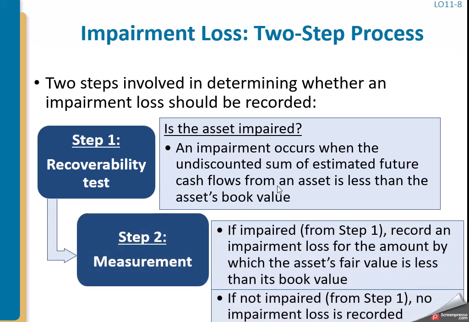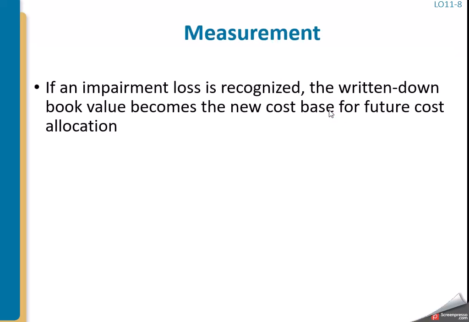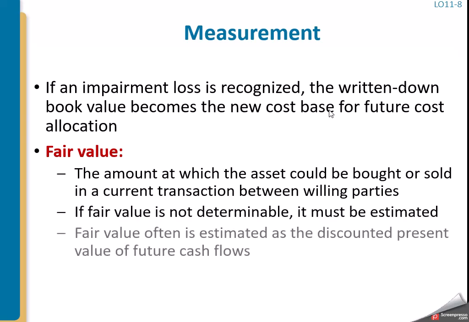So then we look at it to say, is the undiscounted sum of our estimated future cash flows less than the book value? If it is less than the book value, then we would consider it to be impaired. If it's not, then we would consider it not to be impaired. So if we want to take that loss and write down that book value,